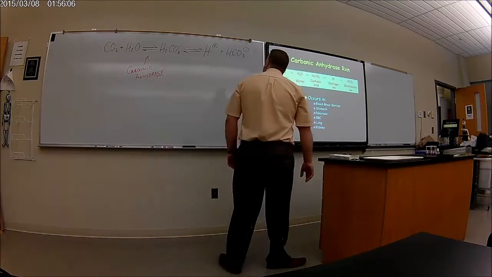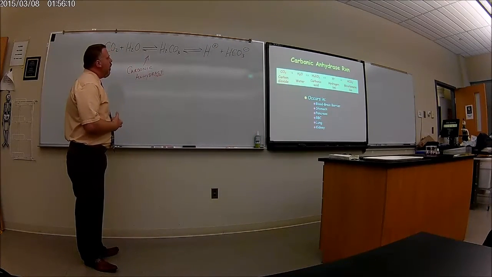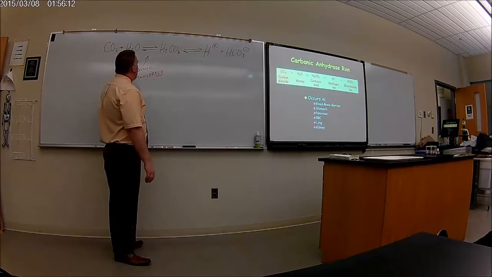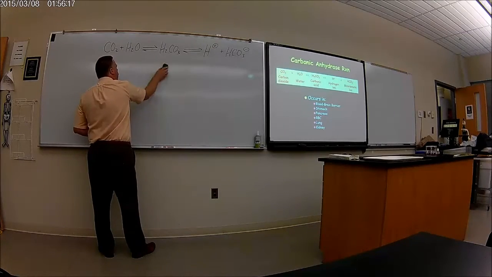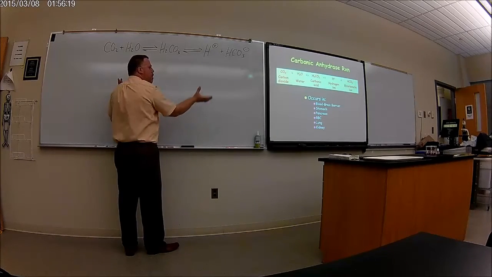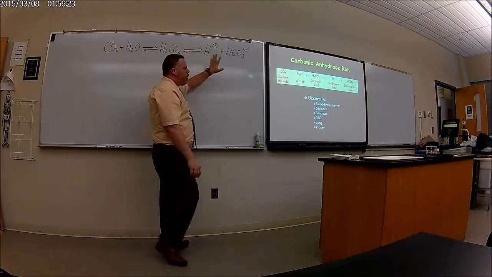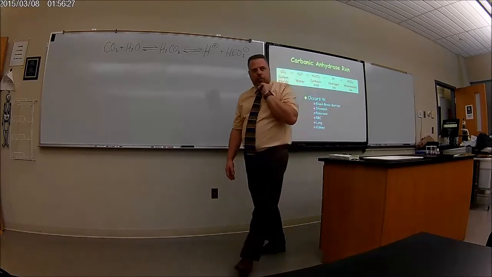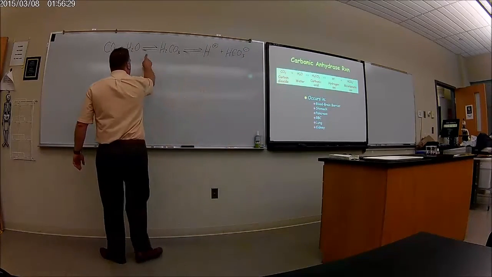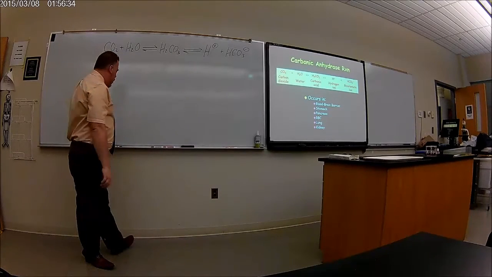Now, the key thing over here is that, and I'm just going to erase this right here, but the key thing over here is that there's going to be a balance. 50% of the products are over here and 50% are over here. And the reason why it can do that is because the yield signs go both ways. You see, if I actually put